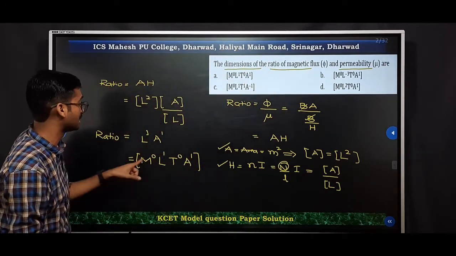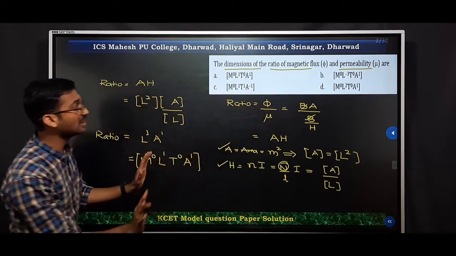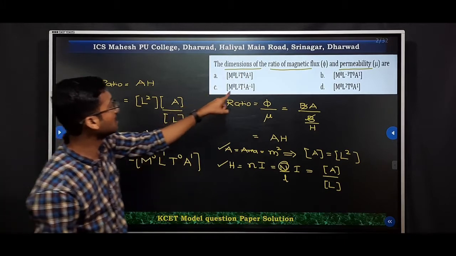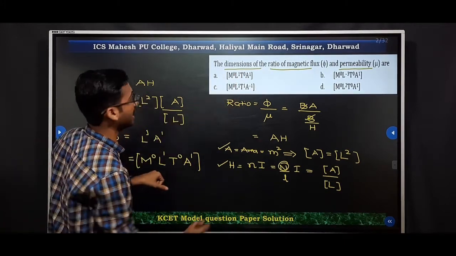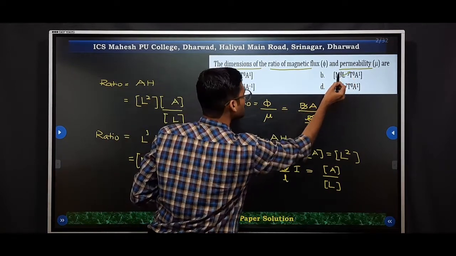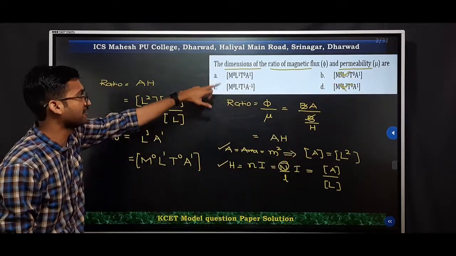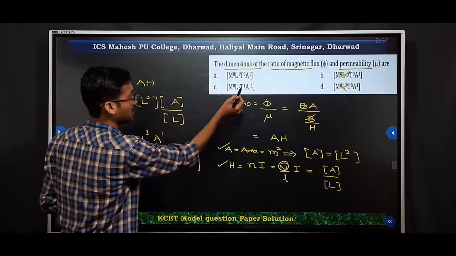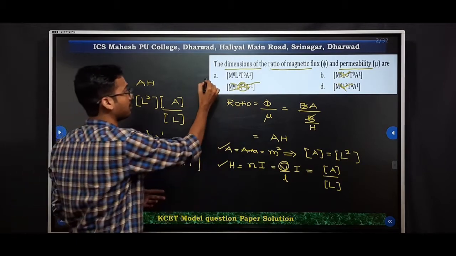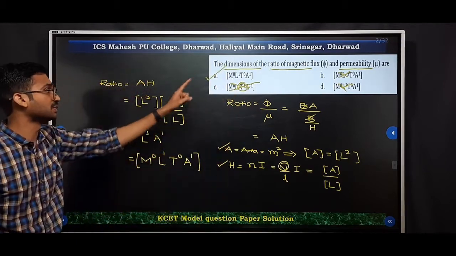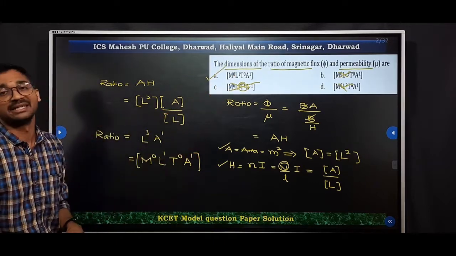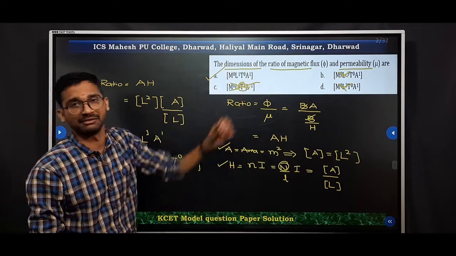Let us check out the answer. M raised to 0 is in all the answers. Therefore, yes. But L is equal to 1, yes, L is equal to 1. Here also we are having it. Okay, L is equal to 1, here also we are having it. Therefore, there is no question of this one and this one. Leave it now. Okay, we are left with only these options now. Again, t is equal to 0, but here we are having t is equal to 1. Therefore, this is also not possible. Therefore, we can stay with the answer M raised to 0, L raised to 1, t raised to 0 and A raised to 1, which is the proper answer for the given question.